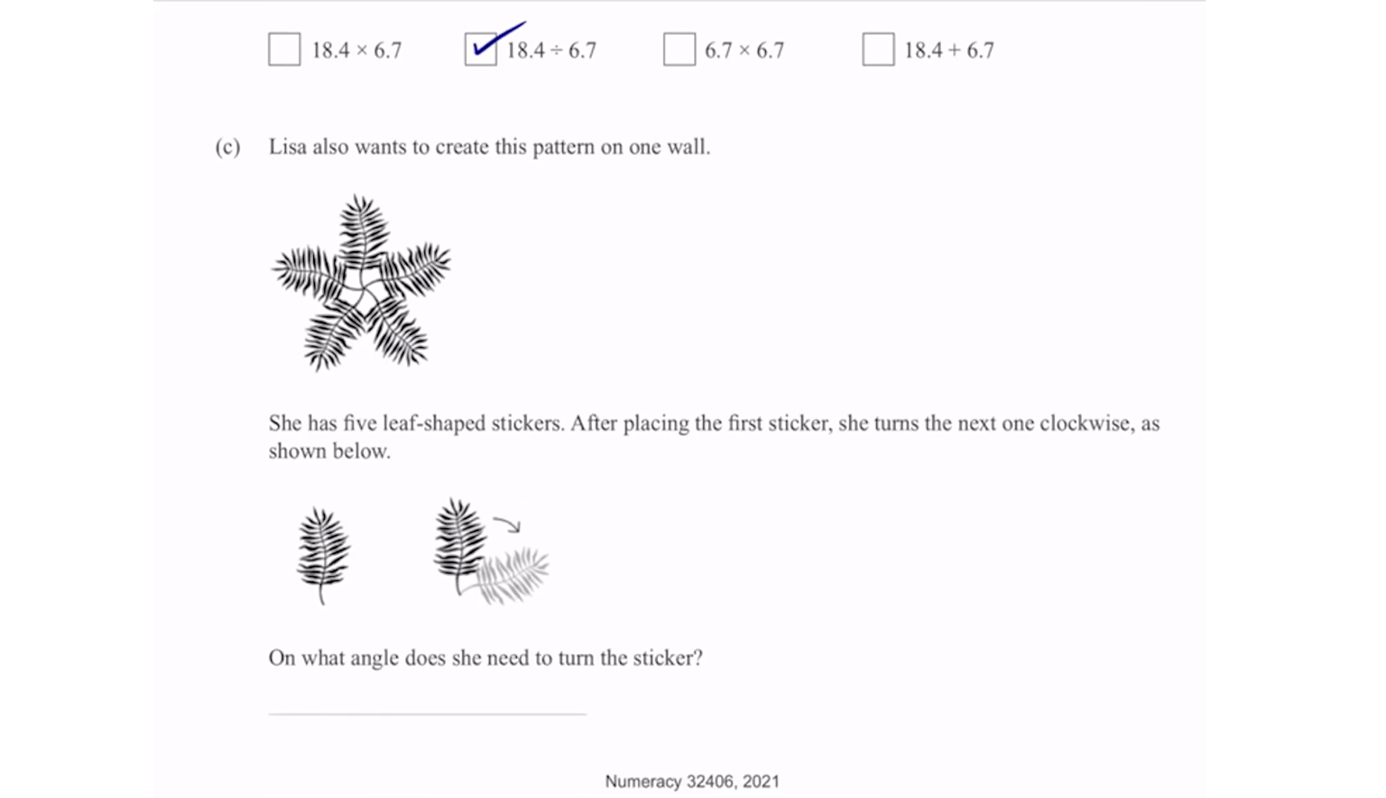Great. Part C. Lisa also wants to create a pattern on a wall. So she's got a leaf, and then she's going to turn the leaves clockwise. And how many leaves does she have? 1, 2, 3, 4, 5. So on what angle does she need to turn the sticker? Okay, so